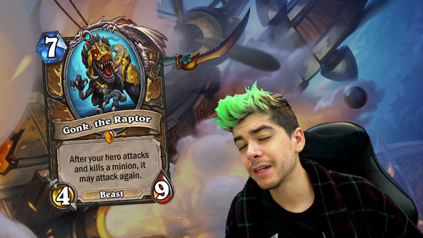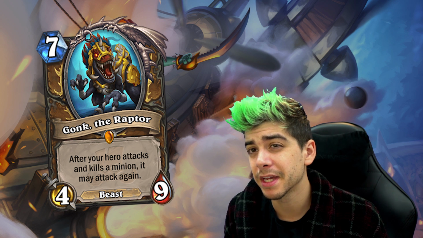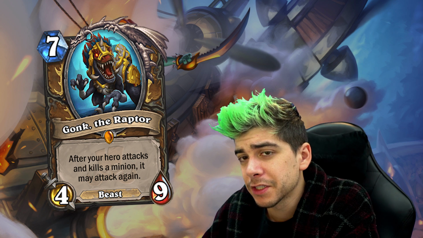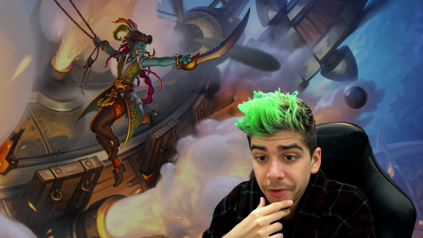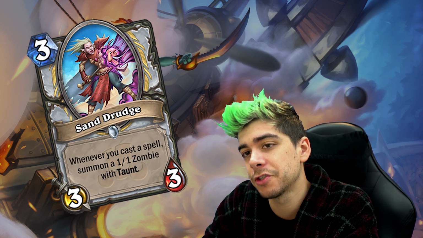So I feel like if this does ever see play, it's going to be in some sort of new big beast druid, but it just seems relatively weak right now. I just don't see this thing getting much play right now. It's just disappointing. We got a new common priest card here, a 3-mana 3/3, the Sand Drudge, where whenever you cast a spell,